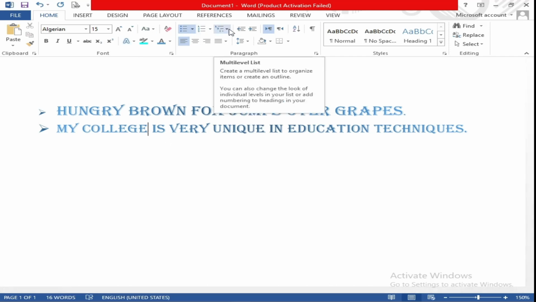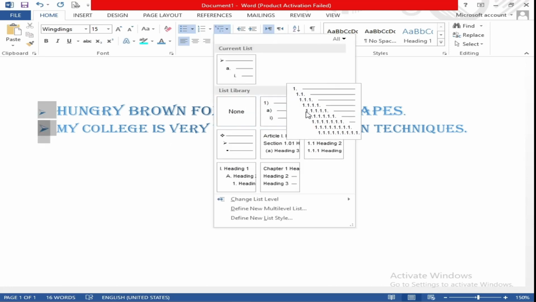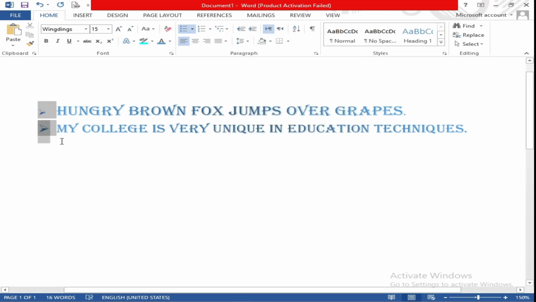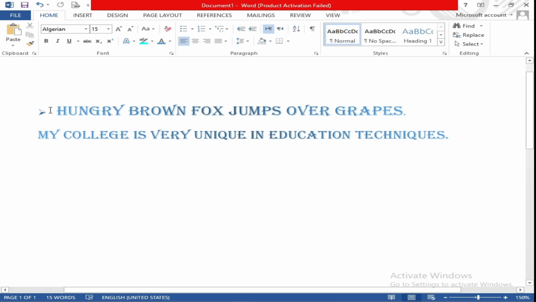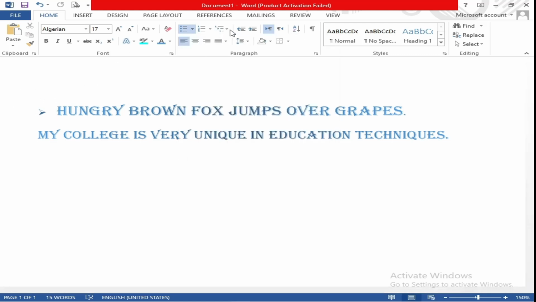There is also, you can say, a tool in which you can make multi-level numbering. For example, if this is the topic and this one is the subtitle or the subtopic, you have chosen here, you can say bullet, and you want to select here, you can say any other thing.